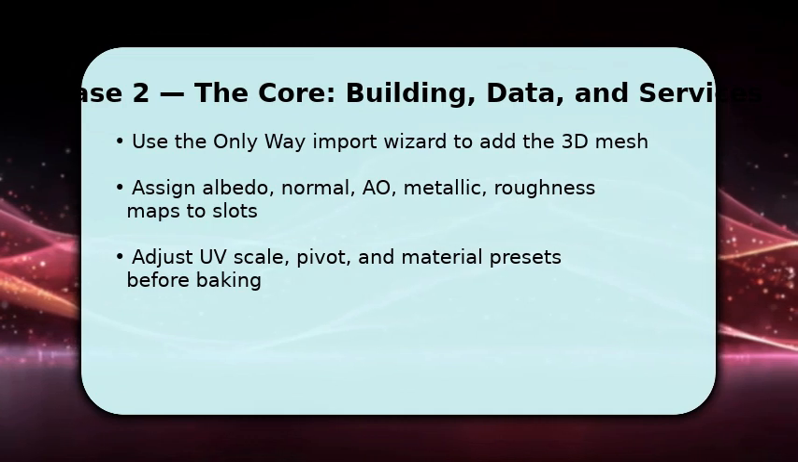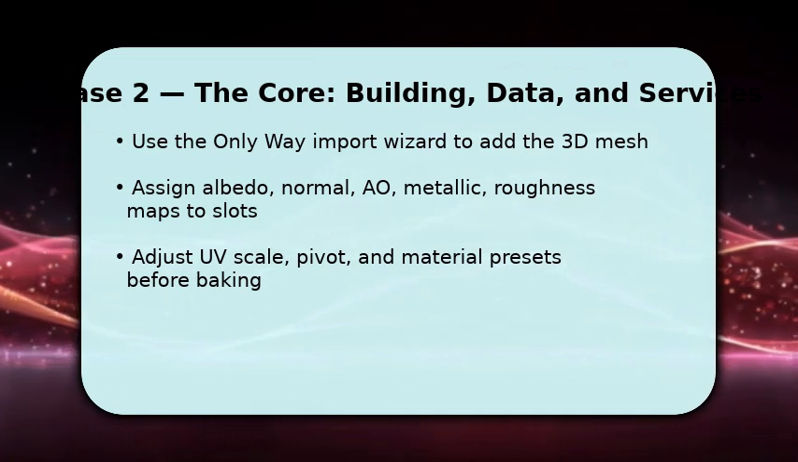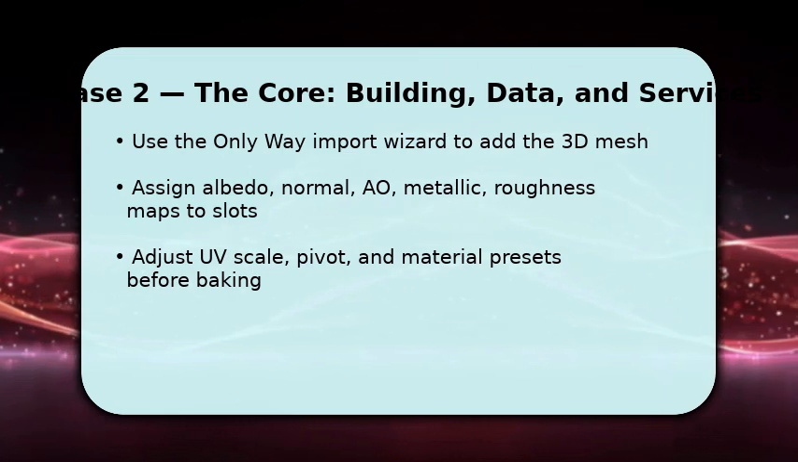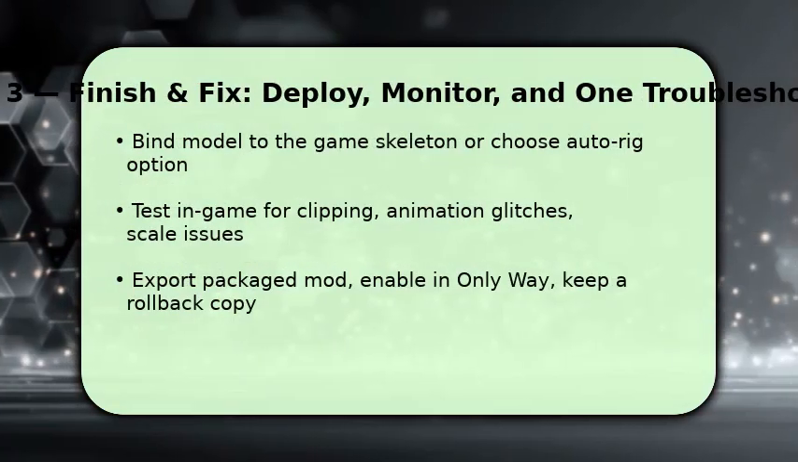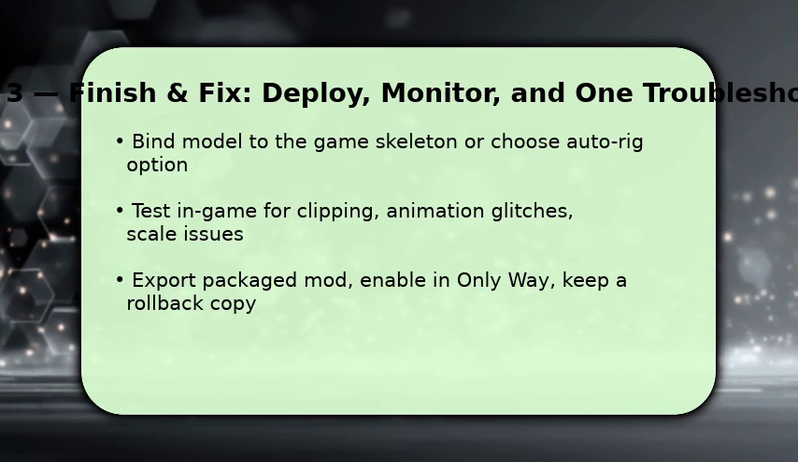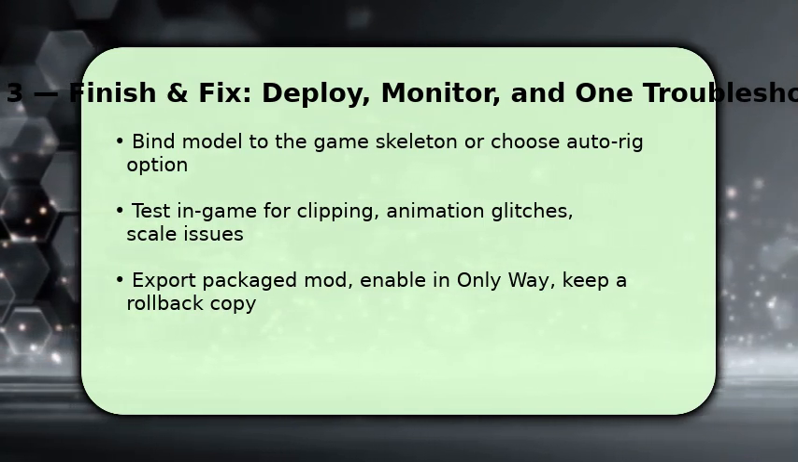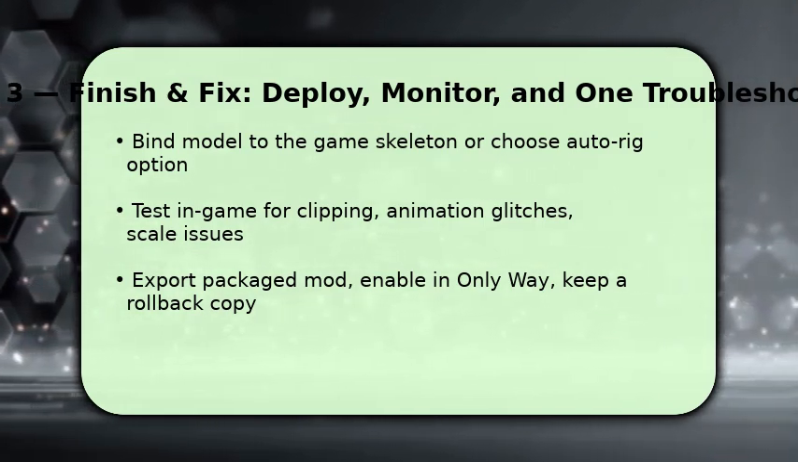If shading looks off, tweak roughness or normal strength and rebake. You bind the model to the player skeleton, either manual weight painting or the auto rig option in Only Way, so animations transfer correctly. Once bound, export the packaged mod and enable it in the manager, then launch the game